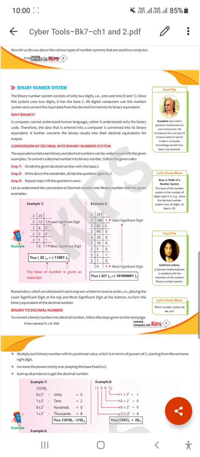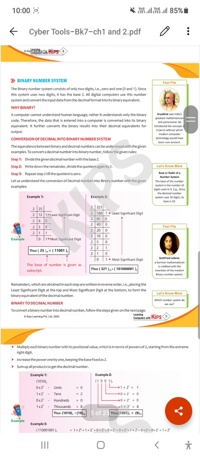Okay students, the next topic is conversion of a decimal number into binary. It's a very simple and easy process, right? So we are going to look at this process. Suppose the example in your book, 25, is taken already. We have to divide by the base of the number system we are going to convert into. So here, decimal to binary, we are converting into the binary number system, so we divide by 2 again and again, right? So 25 divided by 2 gives 12. I am going to zoom this, just wait.